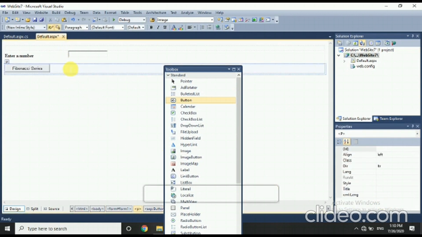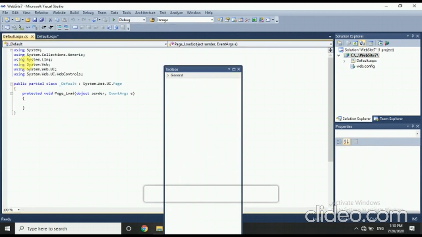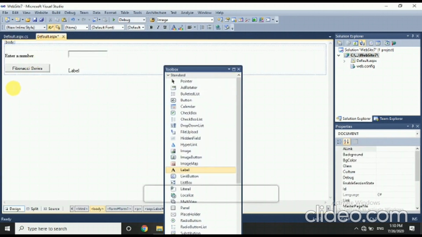Press the tab button and drop label 2. Our result will be showing in label 2. Now we have made the interface of Fibonacci series.